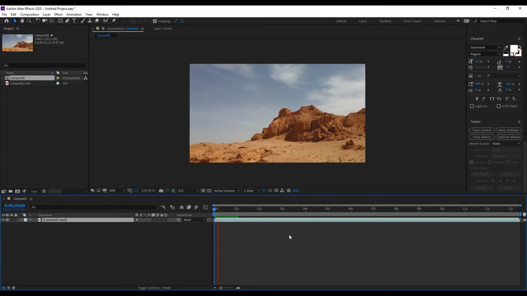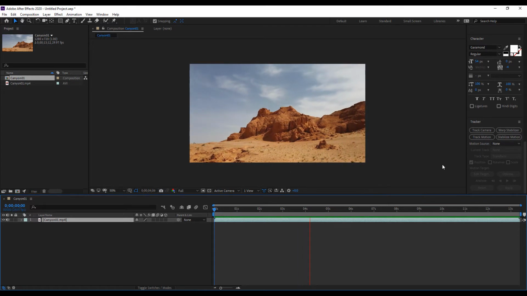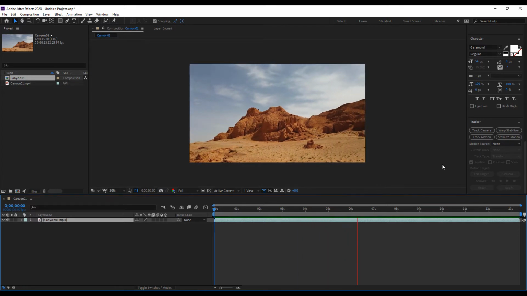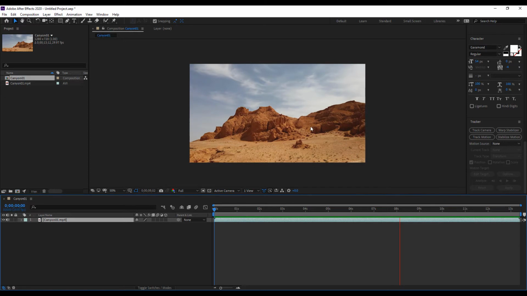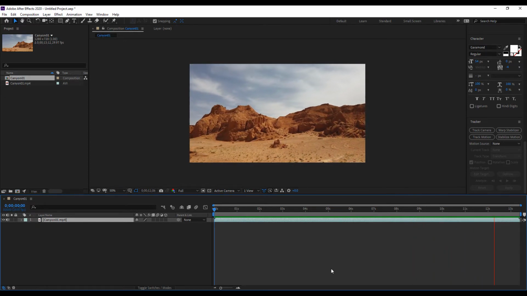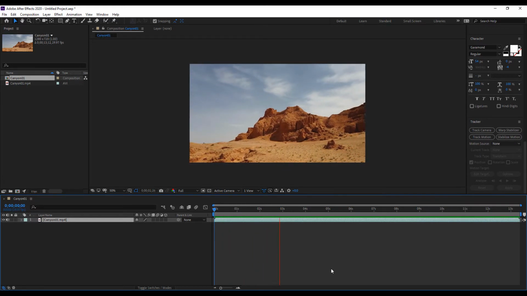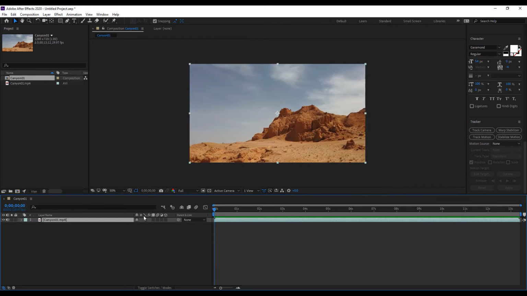So if we play through this, we can see it's just a simple kind of tracking shot. Nothing too crazy, little time lapse, and it looks like maybe there's a little rotation, maybe it's a pan. We're getting a little closer, but we're not going to worry about it for this. We're just going to worry about that side to side motion. So what I'm going to do is, first off, create a null, and if we go to